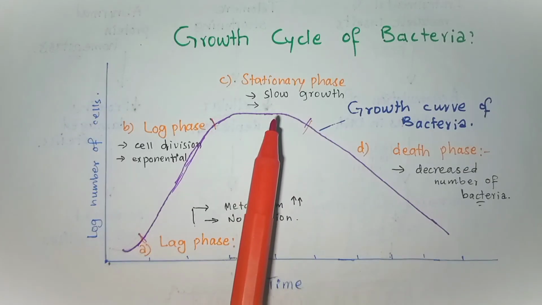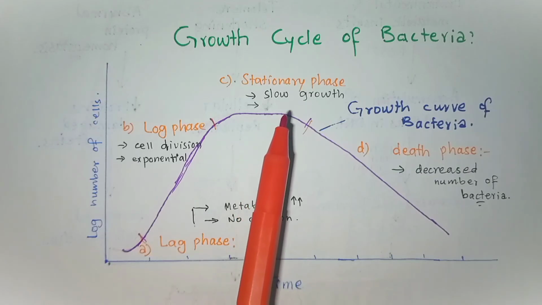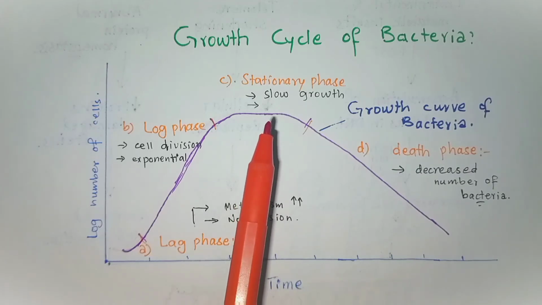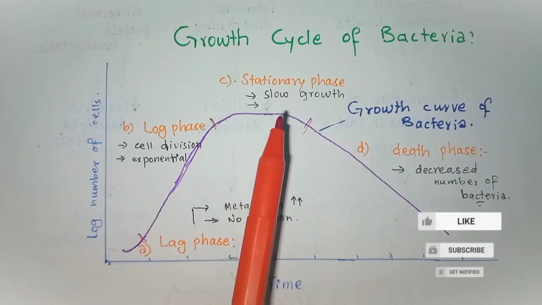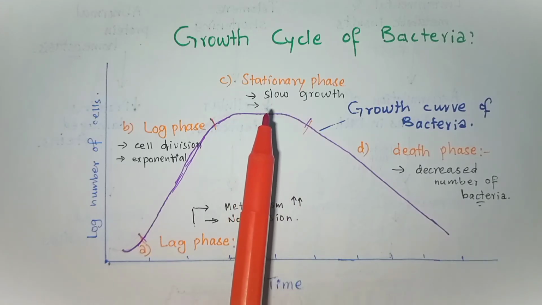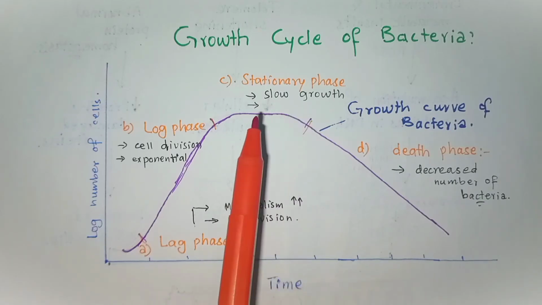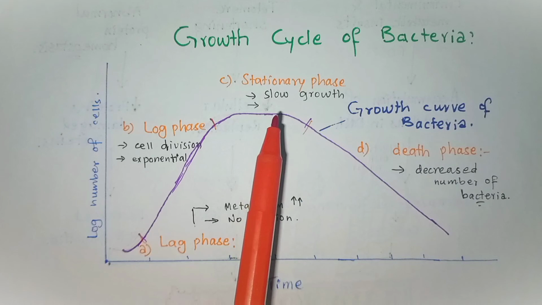It is clinically important to consider that during experimental processes, the cells are grown in a special apparatus called a chemostat, into which fresh nutrients are added and from which waste products are continuously removed. In this case, the cells can remain in the log phase and do not enter the stationary phase.